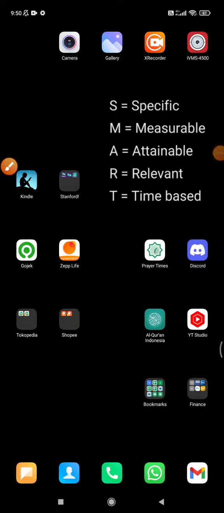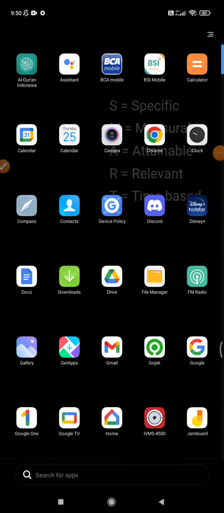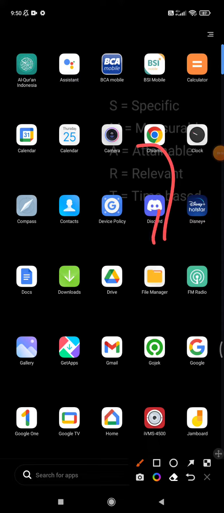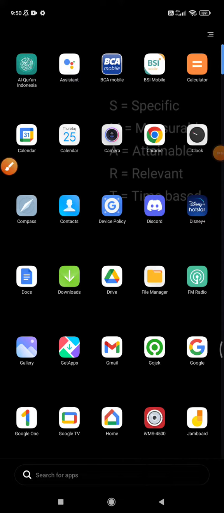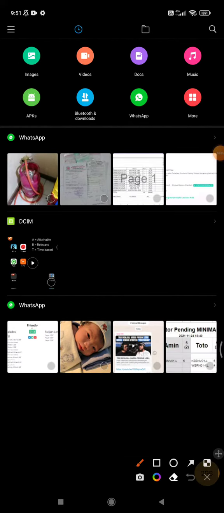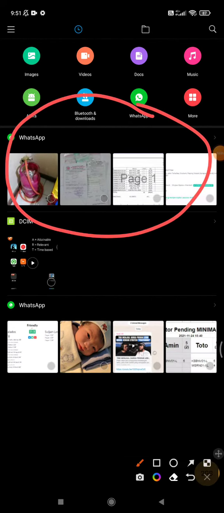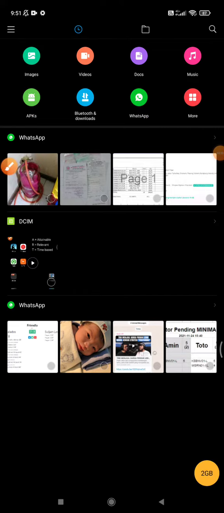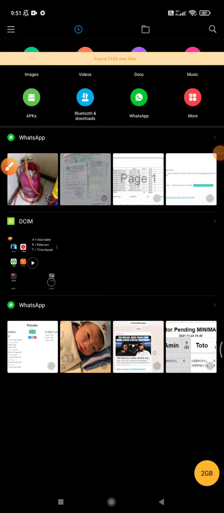This video I will show you how to locate your media files of WhatsApp on your phone. So you have to have the file manager app or any kind of that. My one is File Manager. It is the built-in app from Xiaomi, and if you don't have it, you can find it on your app store or on Google Play. So click File Manager, and usually there is an option of WhatsApp Media in front. You just click on any media that you're sure is from WhatsApp,